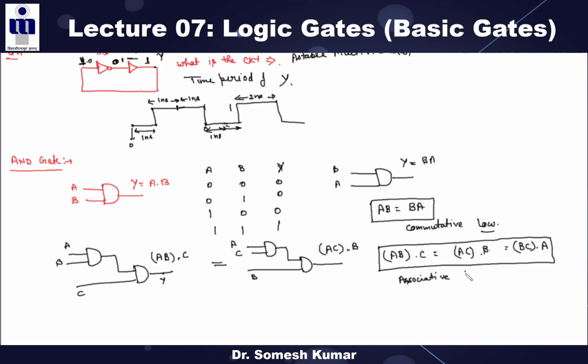Associative law. Also, you can prove this from the truth table, right? If you want to go into more detail, then you can prove this associative law and the commutative law from the truth table. First, you can draw the truth table for this output, then the output of that truth table is given to the input of these gates, and accordingly you can find out this Y2, right? So what is the conclusion here? This AND gate follows both the commutative law as well as the associative law, right?